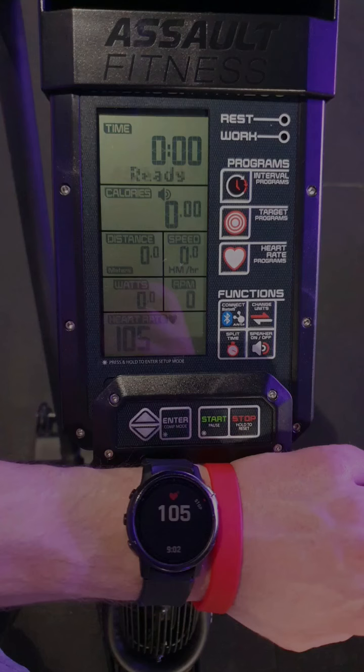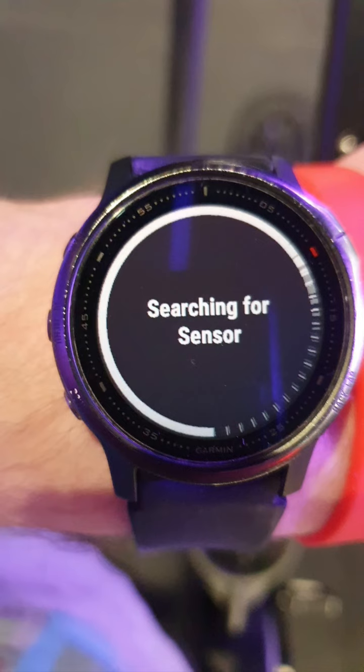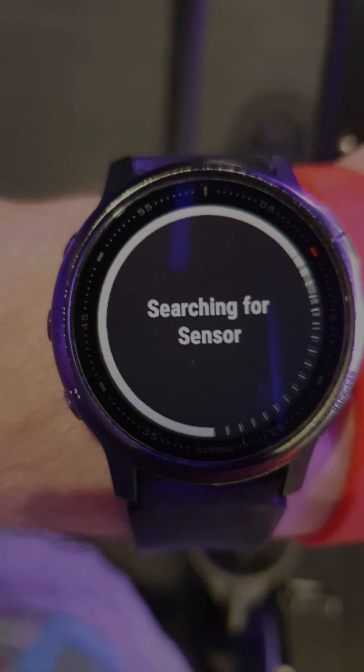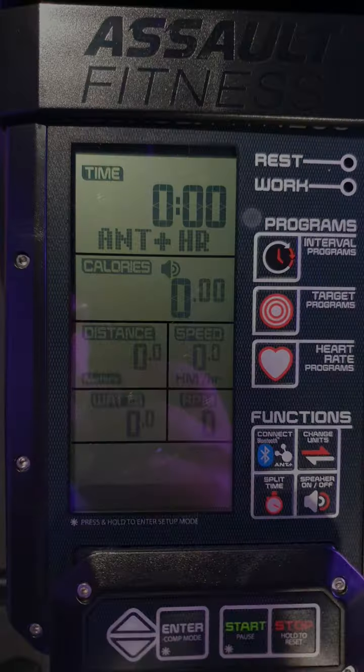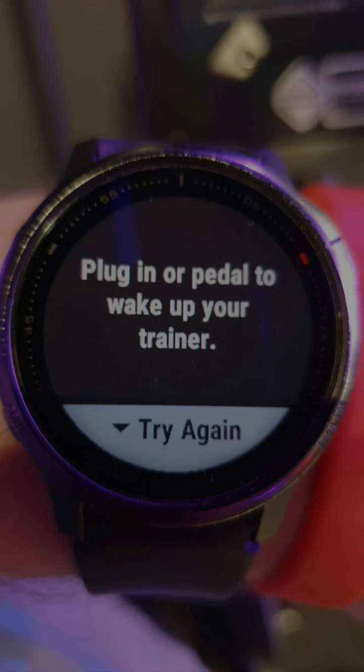But in terms of the Assault Bike, I have yet been unable to directly connect my Garmin watch to the Assault in a way where it would not use the Garmin Fenix 6S Pro in this case to only read the heart rate data that is sent via the broadcast heart rate feature to the Assault Bike. But I am searching for a way where instead I can directly transmit via ANT+ HR, the second of two connection modes on the Assault Bike Pro X as seen here, ANT+ HR, and ideally have the power data directly